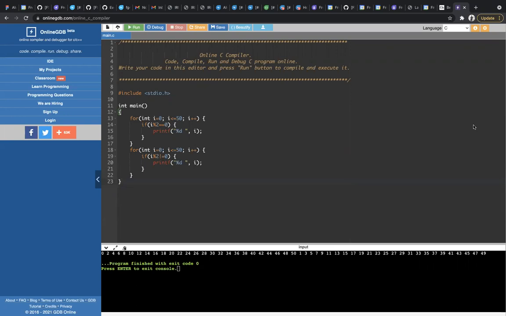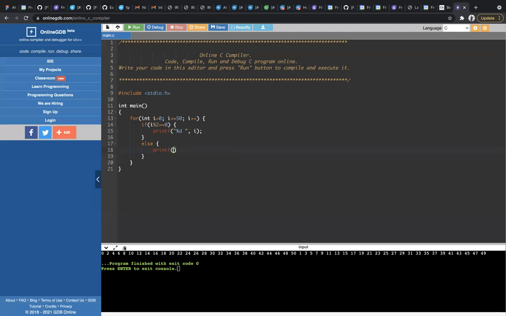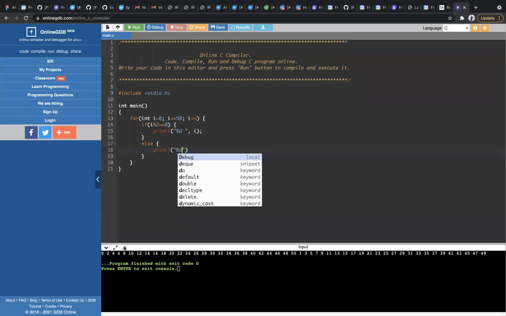Sir, can else be used? Else, okay. For example, we are removing this for loop, and in the else part, consider I'm giving printf, but the output will be different.